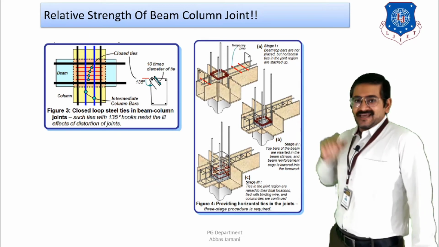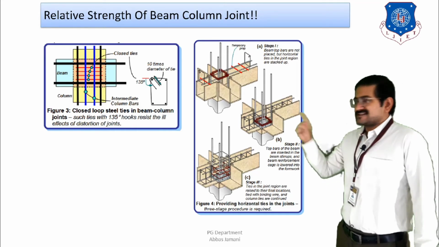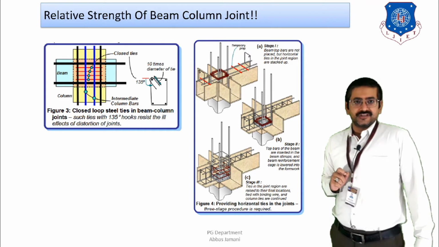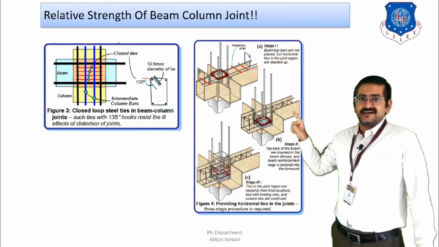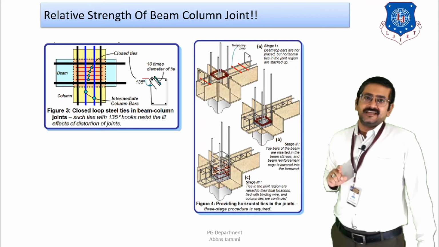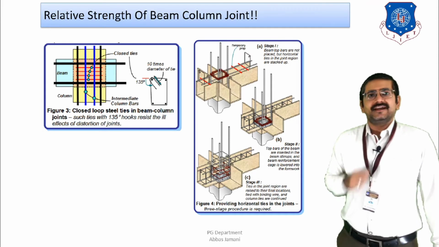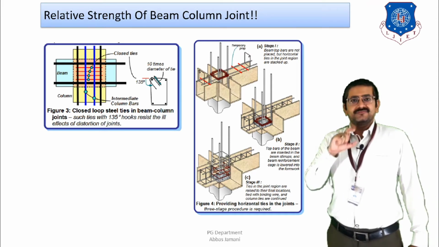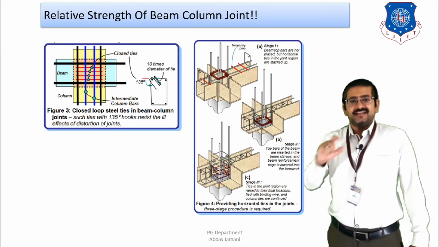In the first figure, the elevation is shown of the beam column joint, where you can see that the top bars of the beams are going through the columns, the bottom bars of the beams are also going through the column, and in between the vertical, you can see the red lines, which indicate the provision of special confining reinforcement. Now it is easy to understand that the stirrups are to be provided within the beam column joint, and as a result the shear capacity of the section at that particular section is going